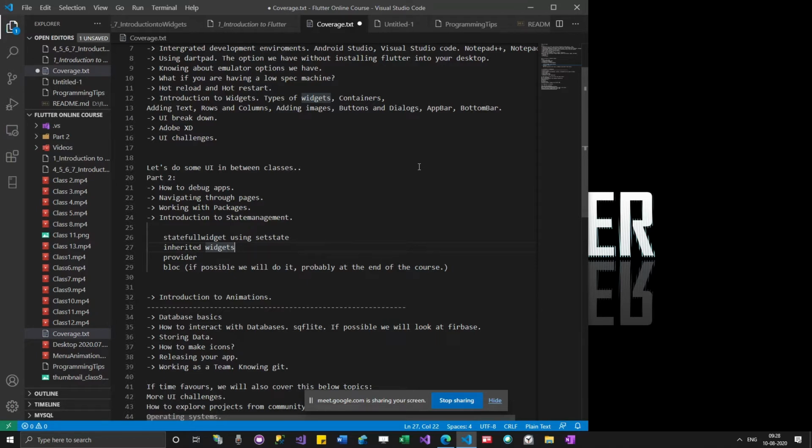You might not be getting the point yet, but just remember that as your app grows, widget levels also will grow. You will write more composite widgets, widget within widget, widget within widget. When you want to pass a value from the first widget to somewhere in between, you have to keep passing those values within these classes in order to reach that level.